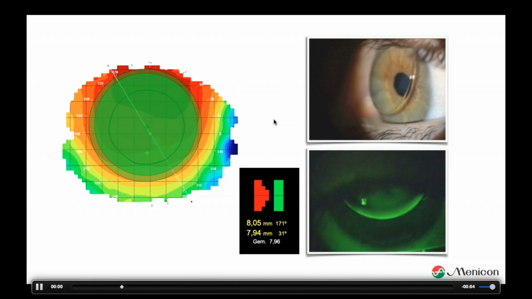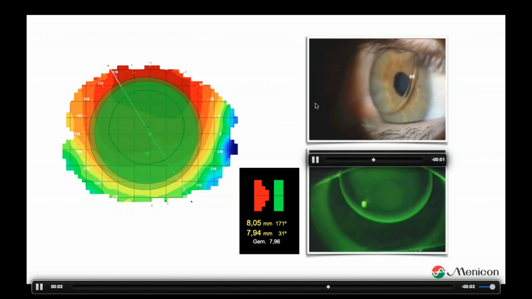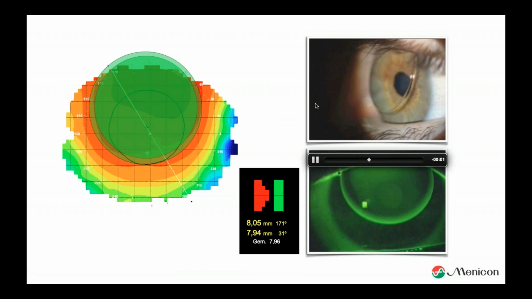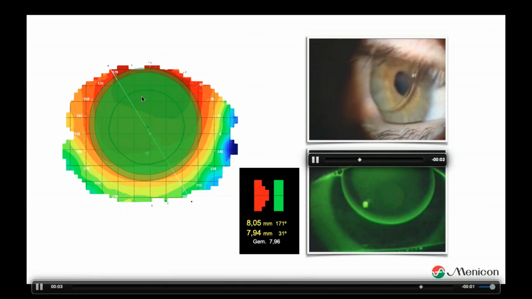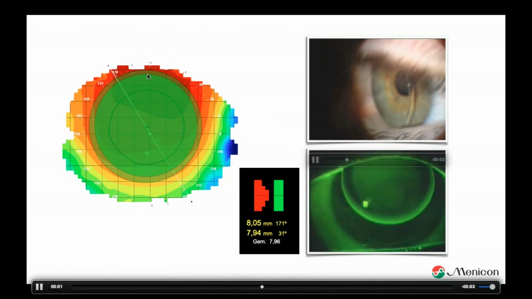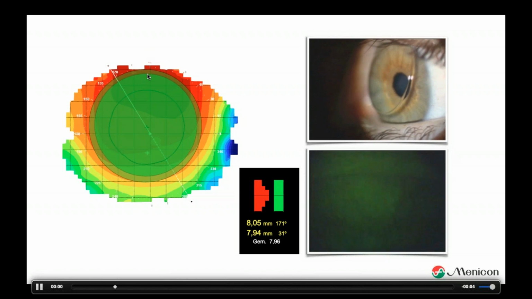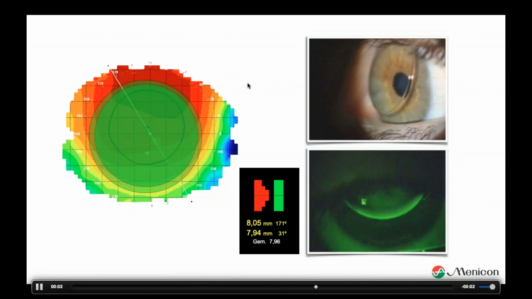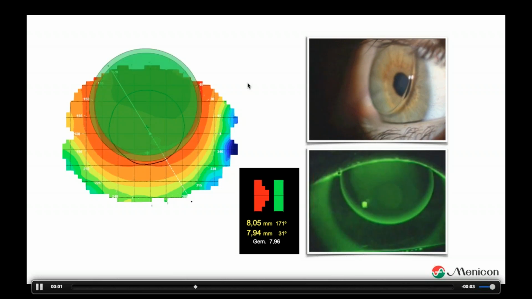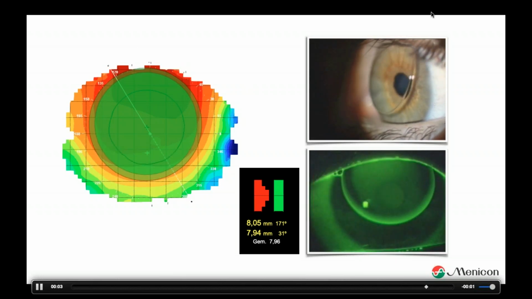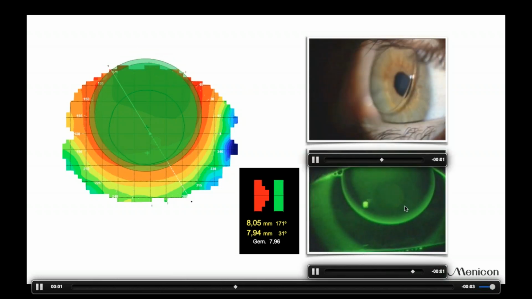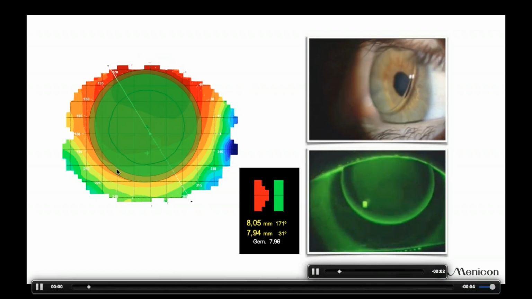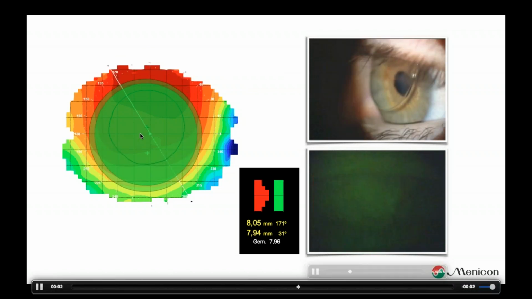But in fact, in this case, the lens is exactly in the place it should be, because the superior part is steep. This is the best place for the lens to fit. So in fact, it is not decentered. Well, the patient will be satisfied because you are looking probably at the border of the optical zone, but in fact the lens fit is perfect.